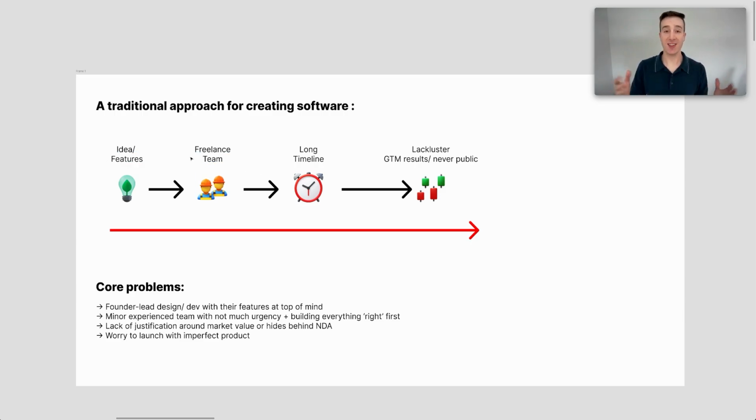Then you're not able to execute on that idea. Let's say you're lacking in the engineering skills or the design skills, whatever it might be, but you hire a freelance team. I've been involved in projects in the past where clients have gone through the design process. We get to engineering, and then the engineering takes 3, 6, 9 months in order for the product to get